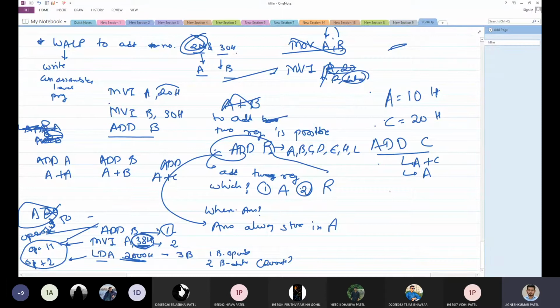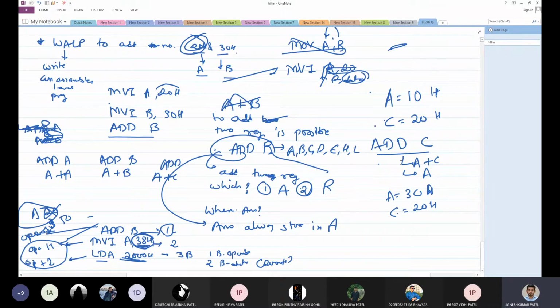So the content of A would now be updated to 30. And C would remain as it is. There would be no change in the content of C. But the content of register A would definitely change from 10 to 30.